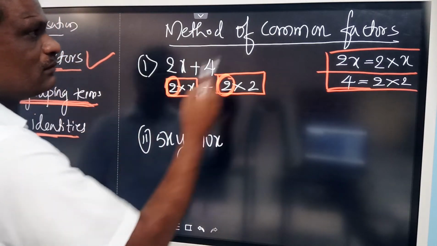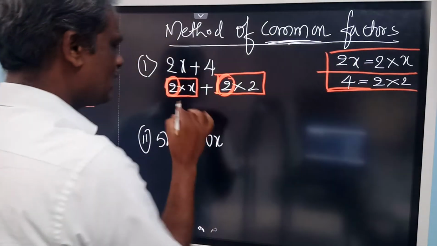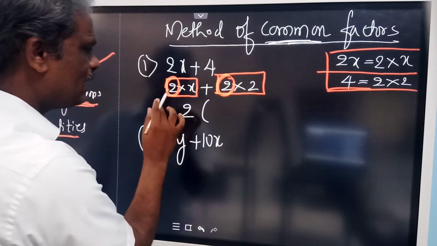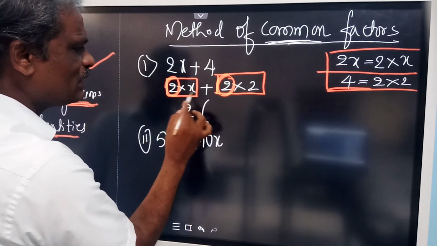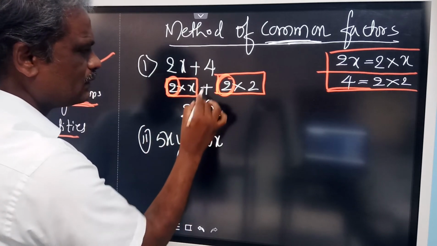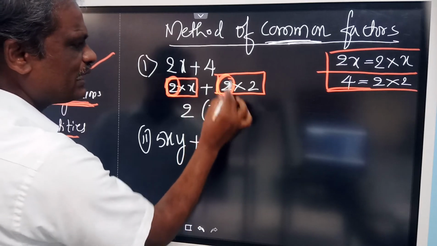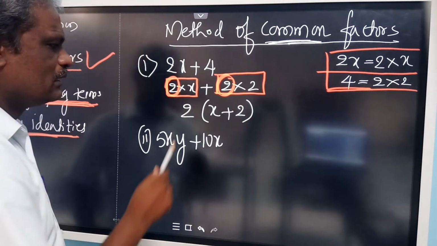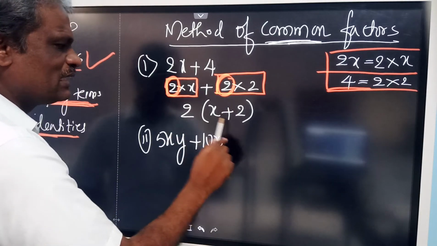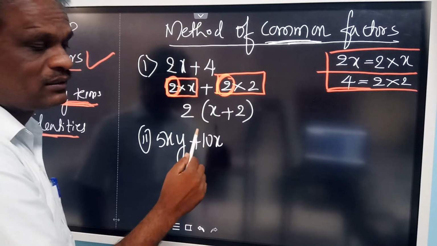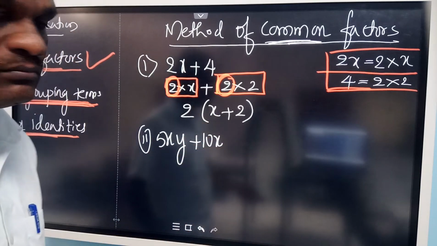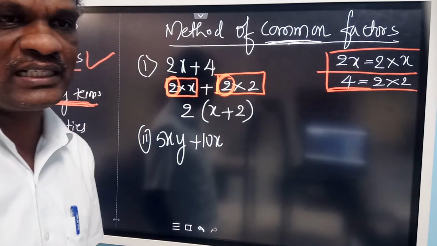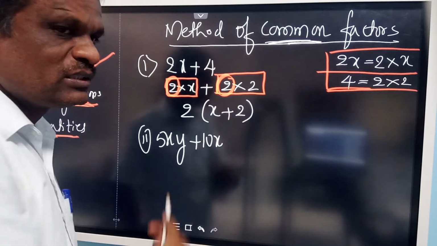You take the common factor. Take common from this group. When you take common, what will be left with the first term? x. Then you write this plus. You are taking this common, so you will be left with 2. So this is a factor, this is also a factor. This is a number, this is an expression. So you cannot reduce it further now. x plus 2 cannot be factorized. It is in irreducible form.